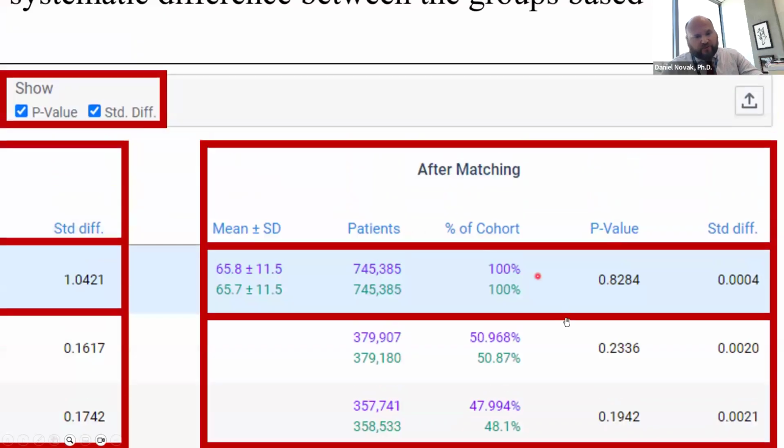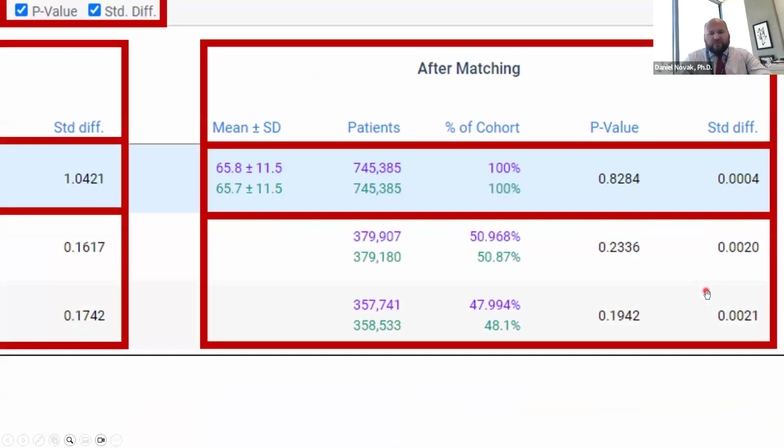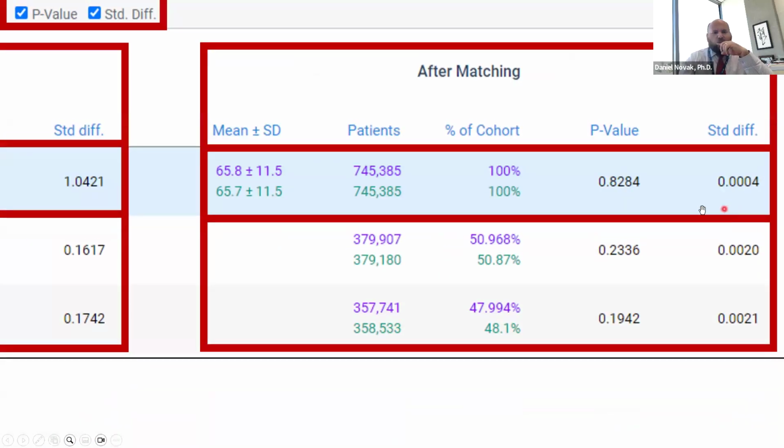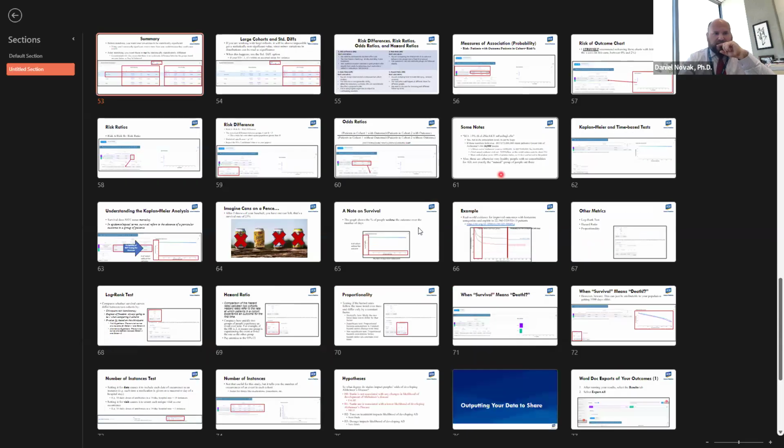So after propensity score matching, though, you can see that our numbers are no longer statistically significantly different, which is great. Why is it great to get p is greater than 0.05? Well, it means that there's no difference between the groups. Let's say there's no systematic statistically significant difference between the groups, and that the standard difference in each group, the likelihood of those things occurring in each group, is less than 0.1. Less than 0.1 is actually really important. This is particularly true of